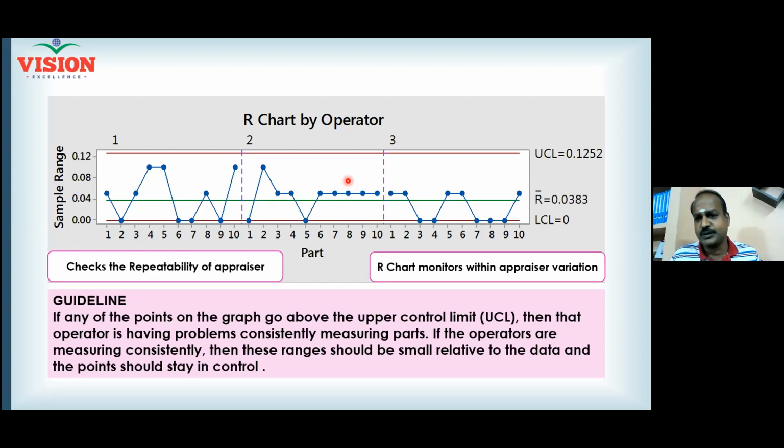non-random pattern whenever you see, or a specific pattern you see, that is also an indication of a special cause. You should rule it out. Earlier, yesterday, we understood that a point going outside the control limit is definitely a special cause. Now I'm telling you that even if all the points are inside the control limit, still a special cause can play. Am I right? As a teacher, you must see to that.